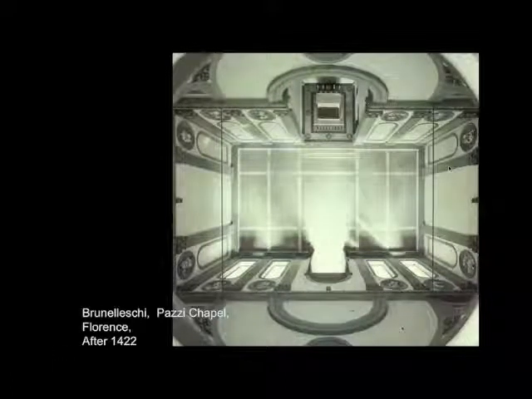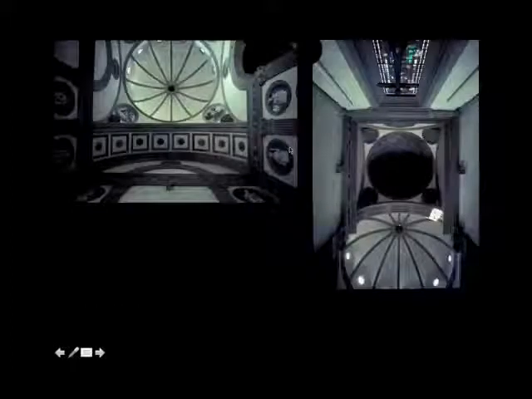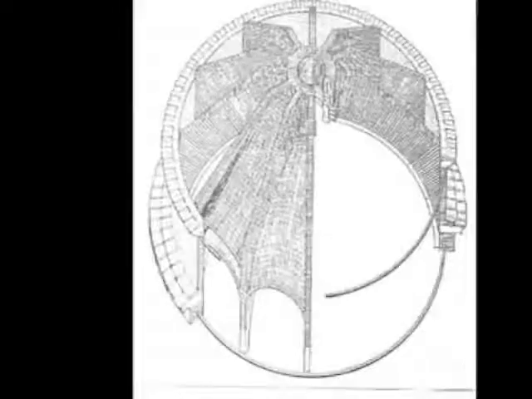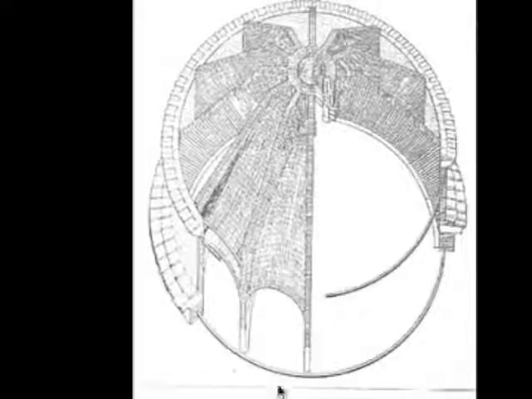Of all the Brunelleschi churches, I think the Pazzi Chapel is the most perfect because it's so crisply articulated. You can really see a tracing on the floor paving of the bay spacing of the columns. The pilasters wrap up and become ribs in the ceiling plane, and the whole thing becomes this kind of perfect little assemblage of pieces. This drawing shows you the structure of the kind of dome he's using, this umbrella dome.